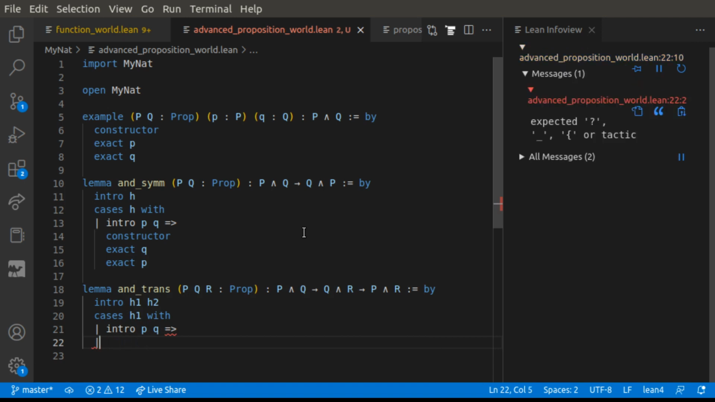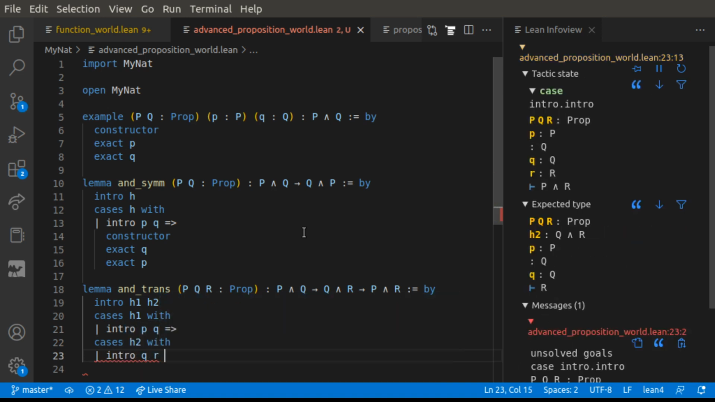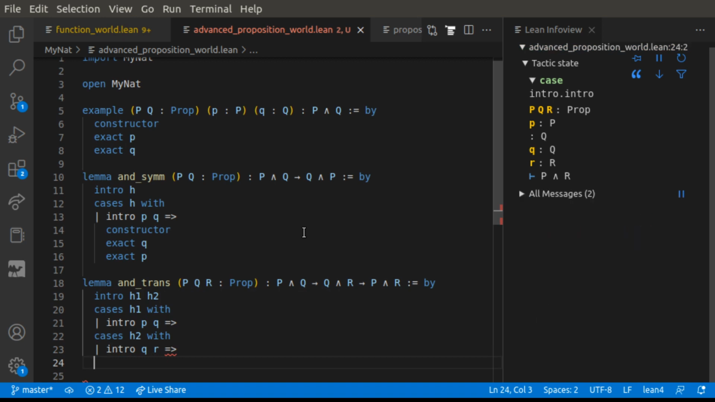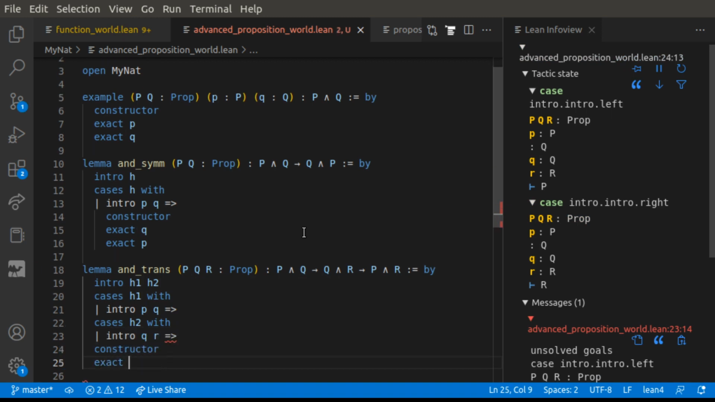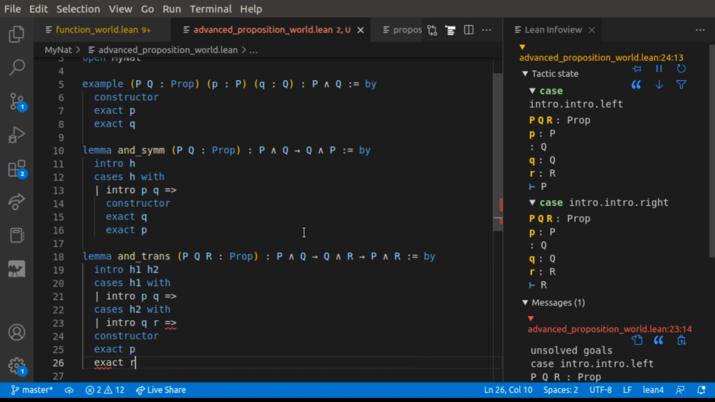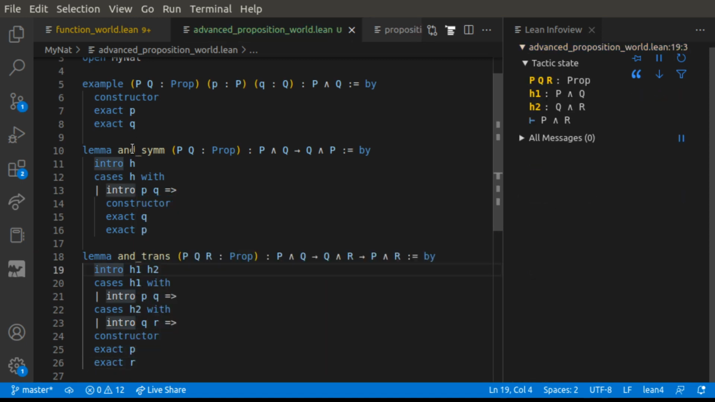Intro of cases H2 with intro QR. Constructor, exact P, exact R. Okay, so in our first case, we kind of just did the logic